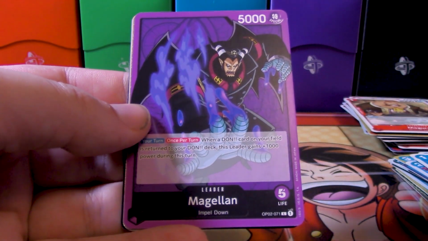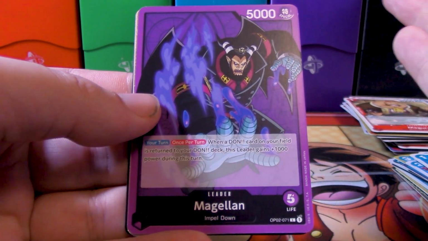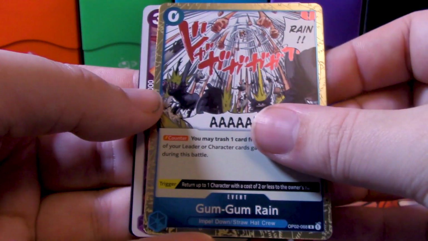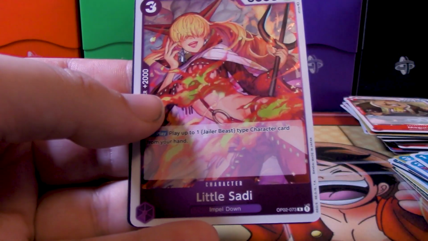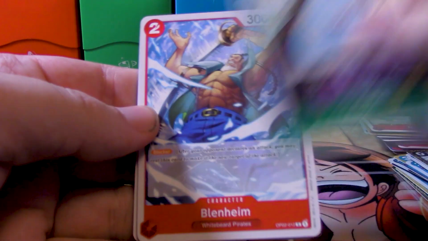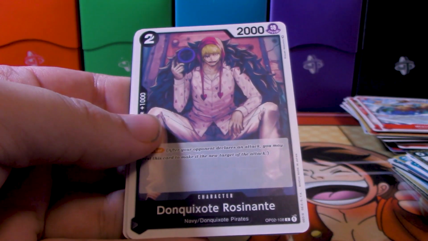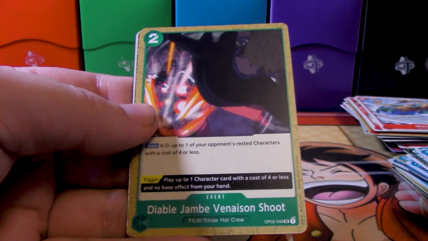Impel Down effects. Getting an extra 1,000 power is nice because it'll allow Magellan to swing for 6,000 power instead of 5, but otherwise he's a good leader. I wouldn't say he's the greatest of the deck, or of this booster, but he's a good one. For our rares, we get Gum Gum Rain and Little Sadie. In our next pack, we have Jinbei, Blenheim, Yasakani Sacred Jewel, Blue Gory, Roanoa Zoro, Roshinante, Dracule Mihawk, Doflamingo, Diablo